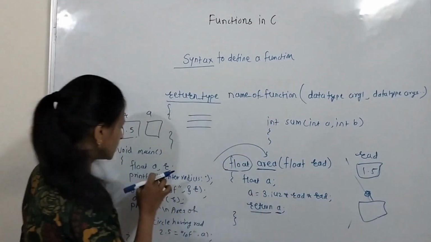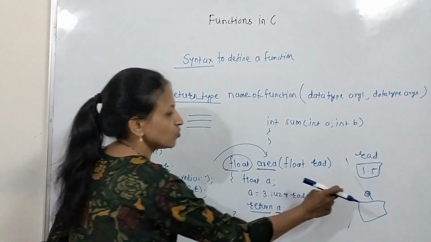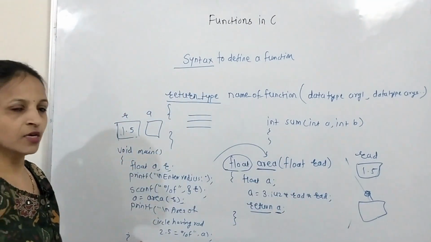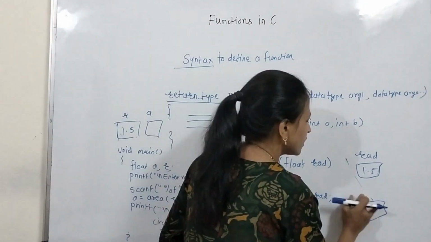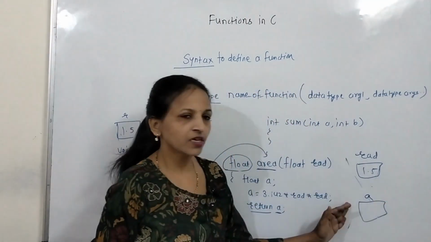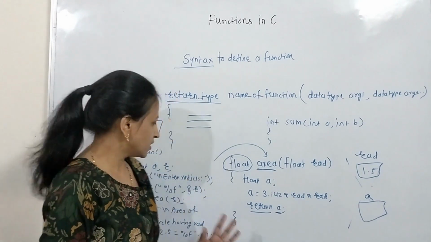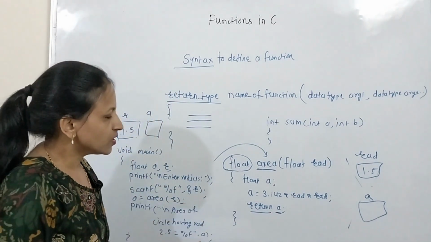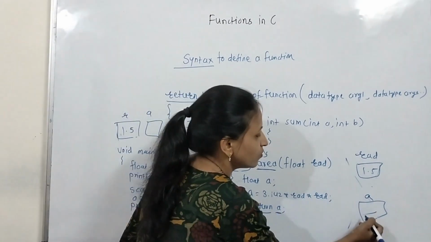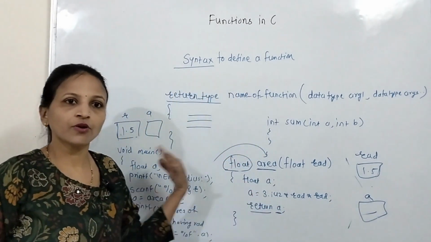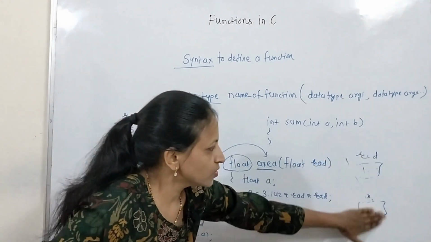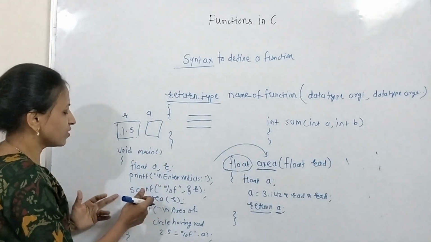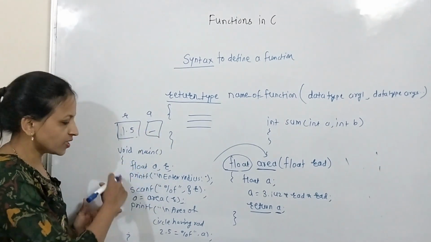Now this a and this a are different. This a is local to this area function and this a is local to main. Both are totally different. These have their own function scope, and these have their own function scope. Whenever that a value gets calculated and returned from this function, this whole part will get erased, and whatever return value is stored inside this a,